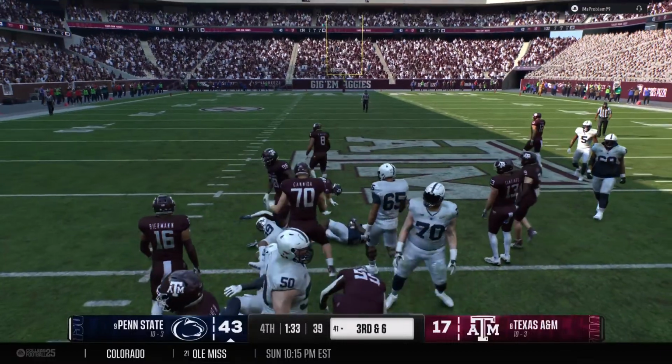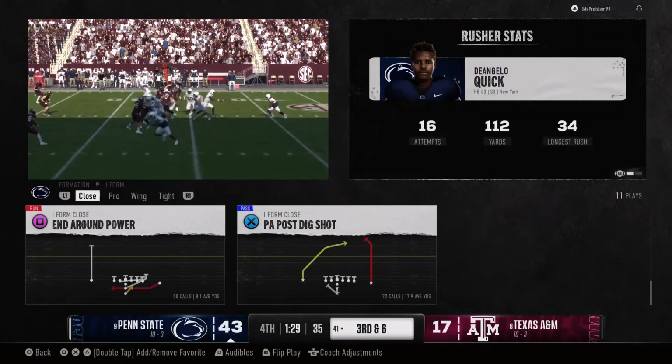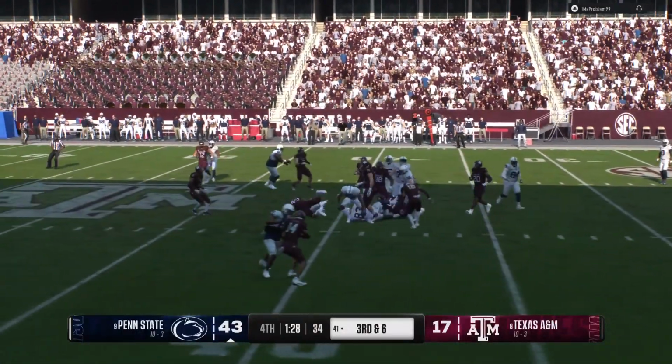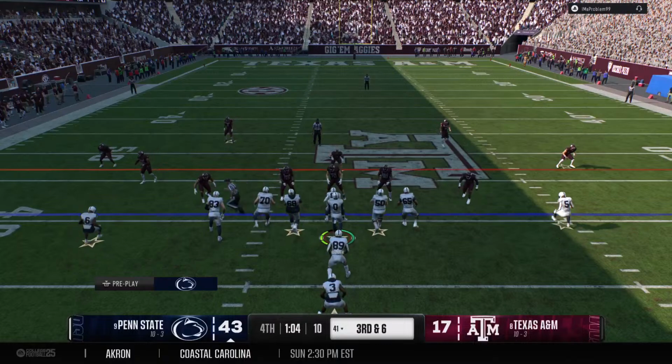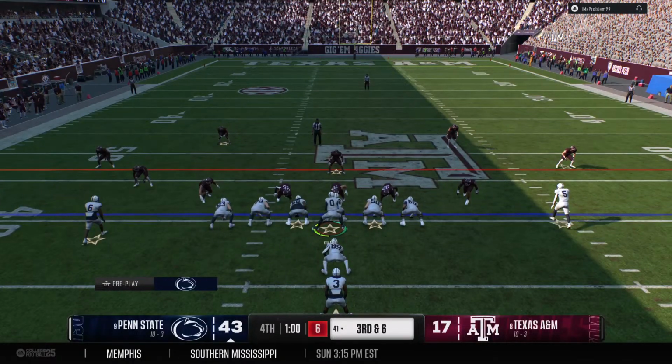That run moves the ball across the 40. Another nice run by this running back. He's well over 100 yards now in the game. A big part of the reason that they're going to win this football game and advance to the next round. Now the offense facing a 3rd and long from their own 41.